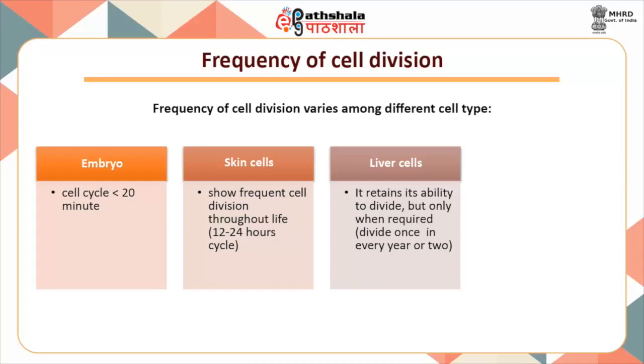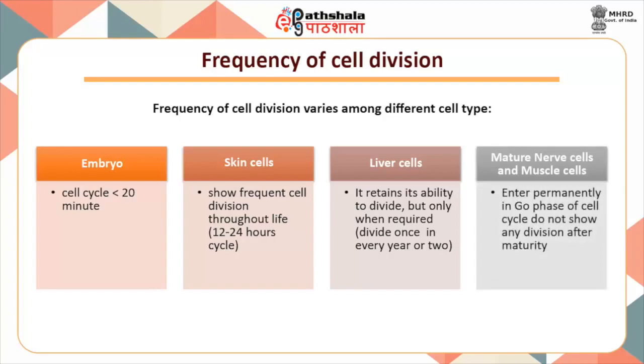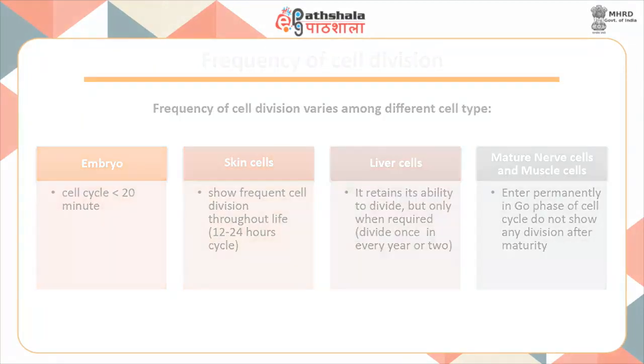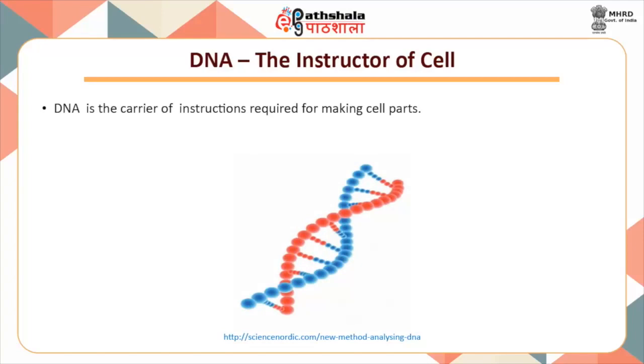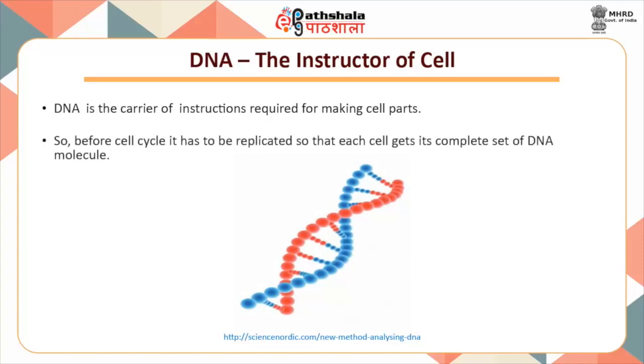Few of our cells, like mature muscle cells and nerve cells, permanently enter the G0 phase and stop dividing after maturity. Before going into detail about the cell cycle, knowledge about DNA, which is known as the instructor of the cell, and chromosome, which is also known as the carrier of genetic information, is very essential. All the information required for making cell parts or a complete organism resides in DNA. So, before the cell cycle, it has to be replicated so that newly formed daughter cells get their own complete set